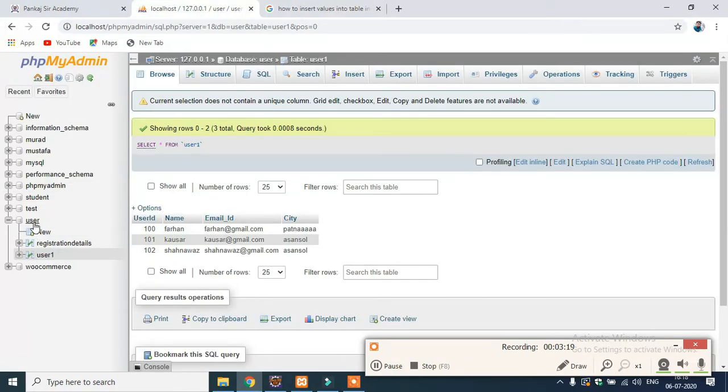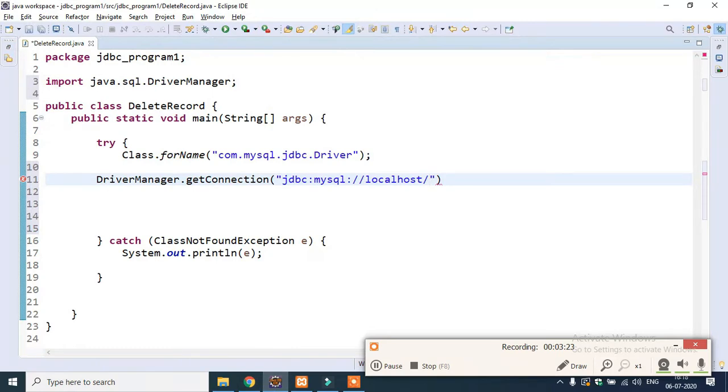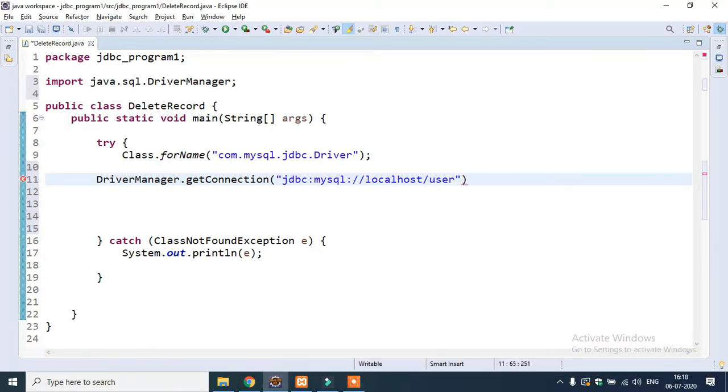The database name is user. Write here user, comma, double quotes root, comma, double quotes, and terminate with a semicolon. Okay, remove this ClassNotFound.